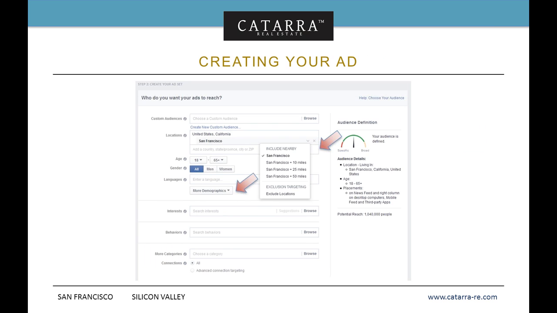The problem with it, though, is that people don't always necessarily put their data in to say they're a homeowner. And a lot of this demographic data and the interests and behaviors data that you see below, a lot of that is purchased by Facebook from third-party resources that may not necessarily be accurate. So you might be missing opportunities by narrowing things down too much using those variables.